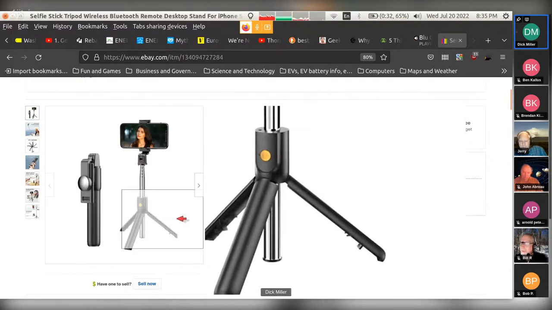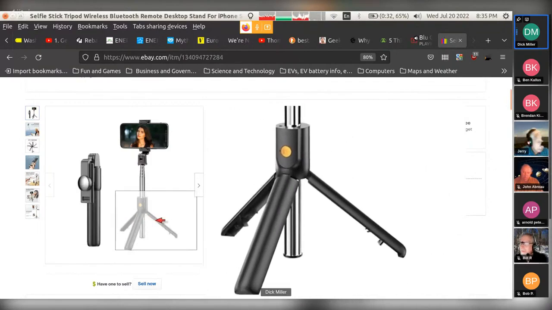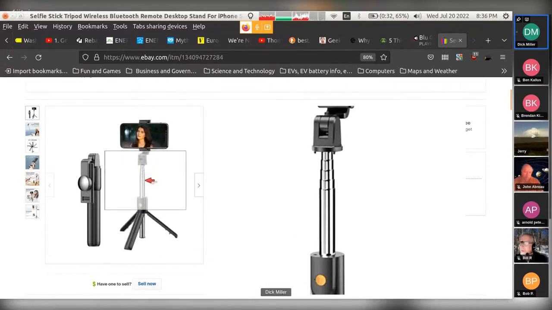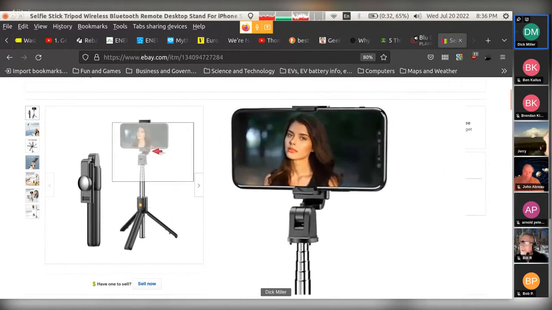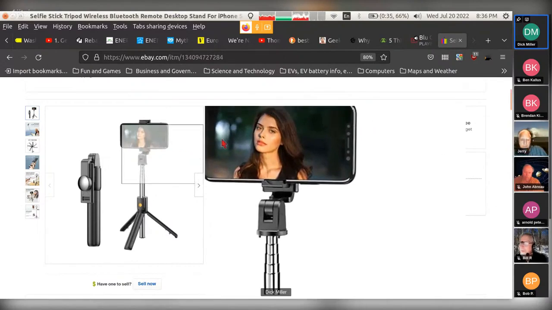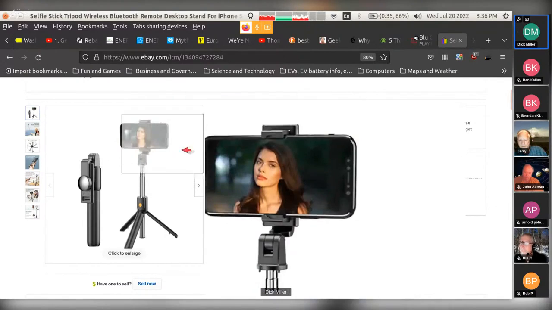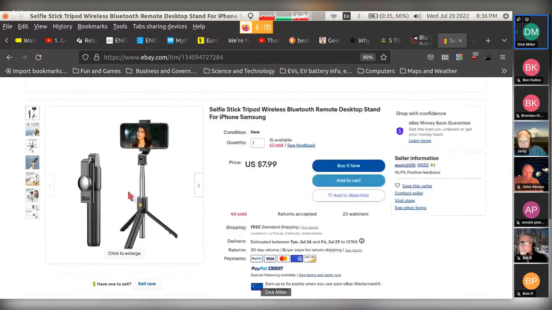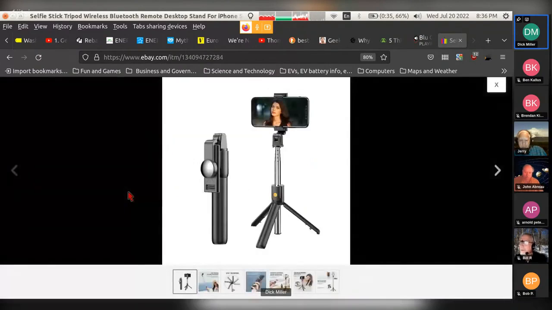When you open it, you can open or not open a tripod. You can open or not open telescoping extension pieces for as far as you like. You can swivel or not swivel, a lot of swivel ability out at the end, up, down, and sideways. And of course, it can grab your phone. And that's almost it, except, can I get more out of this? I can, except